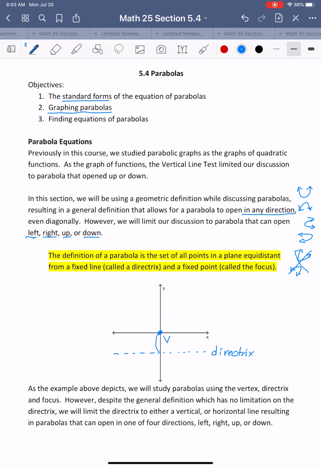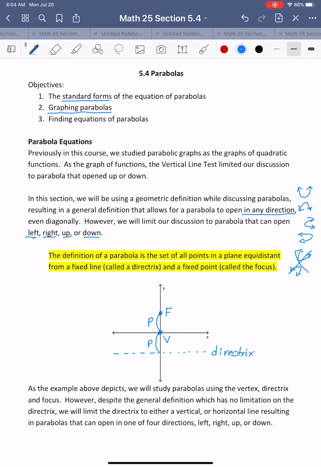You need to go the same distance, and then you can see the focus right here. This is the distance of p units, and wherever you have a parabola, you get the same distance